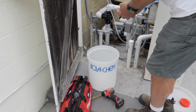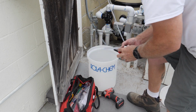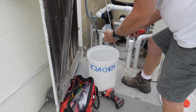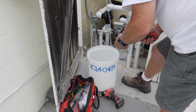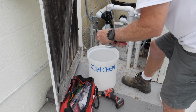And again, this part here is going to have to be disassembled, because again, I don't know why this thing is pre-assembled. I really don't. For residential use, they're probably going to have to do something about that. So what we're going to do is cut it,